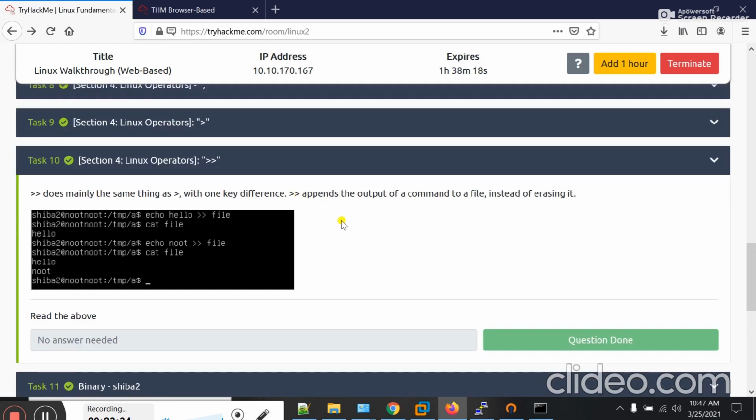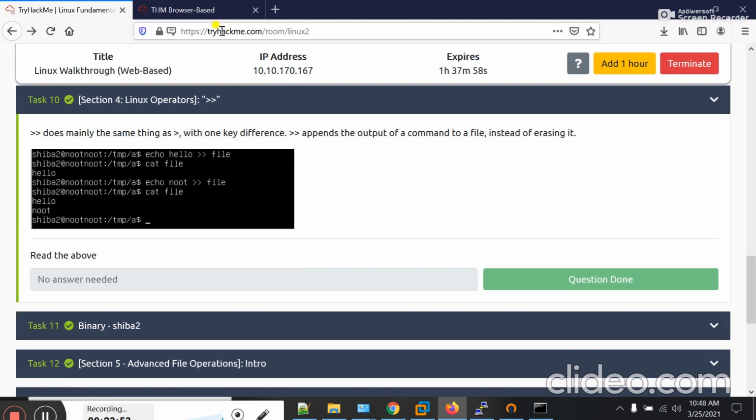Guys, in this task we will learn about the double greater than sign. This does mainly the same thing as the single greater than sign with one key difference. Double greater than appends the output of a command to a file instead of erasing it. Okay, let's do it practically.